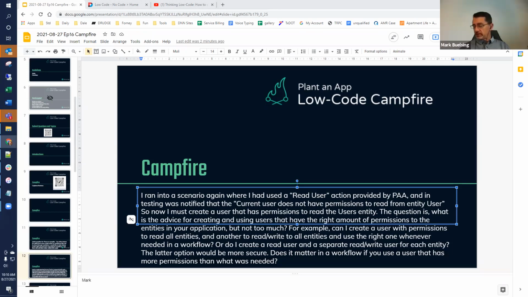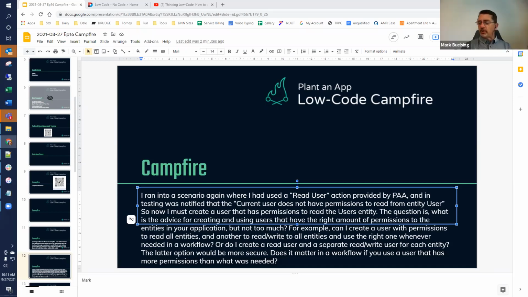Yeah, Patrick, that's good to know. I didn't know that you'd relaxed that on that particular action. On the permissions of the entity, you'll see I think it's an all users option or something like that. And yeah, there's that option also. But Reza, I was talking about within the read user action that we have that override built-in security option. Yeah, you've got a couple of choices there, definitely.